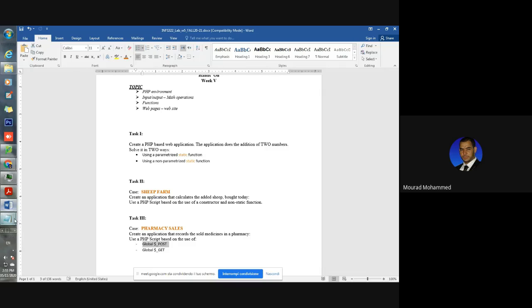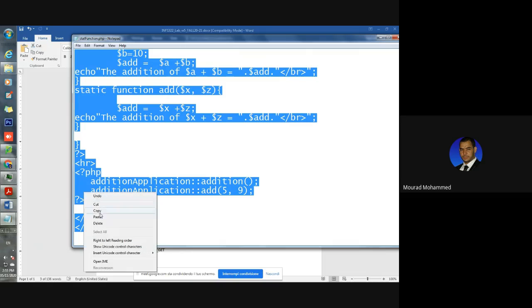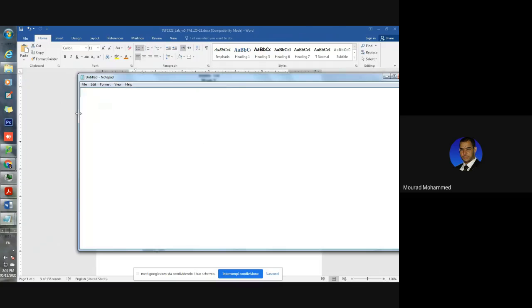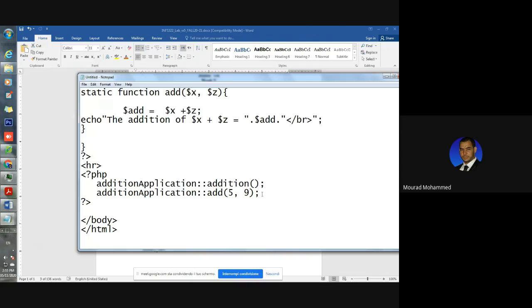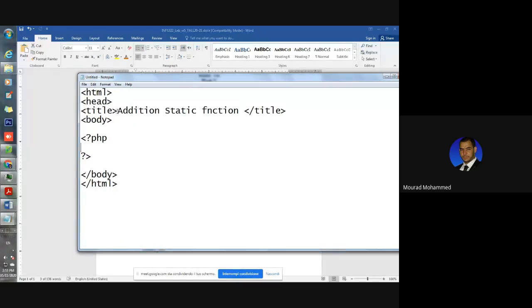New notepad. Let's copy the same HTML body, and let's dig in. So you complete the program. Here actually, pharmacy sales. In between, we are going to do our process. Simply,